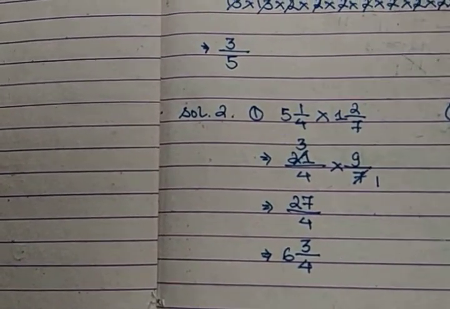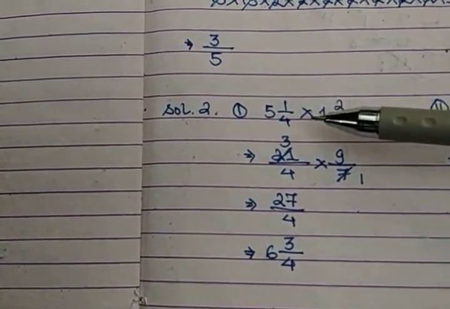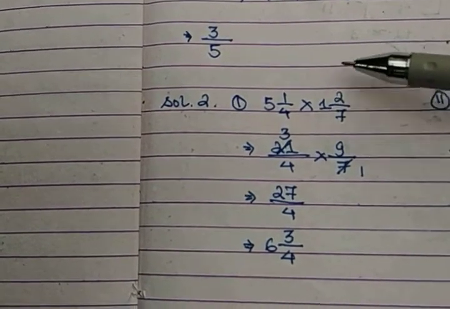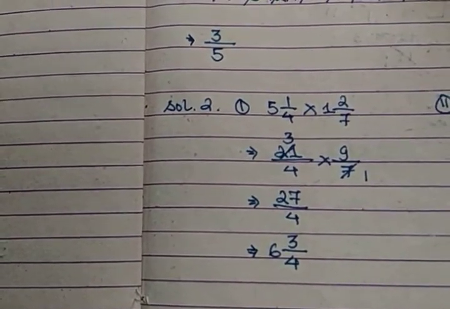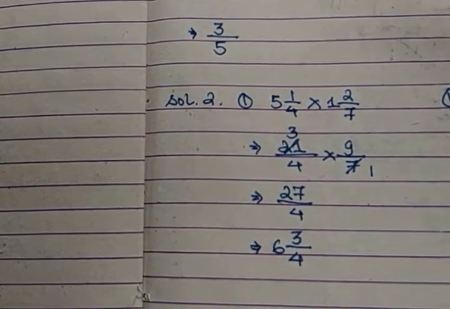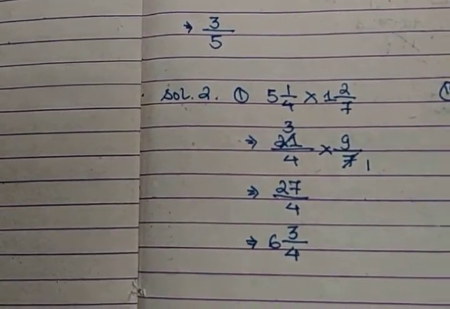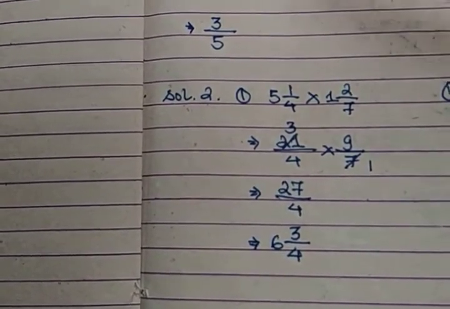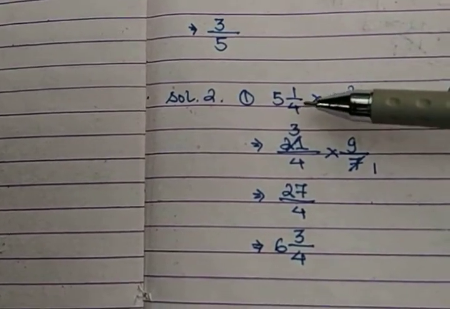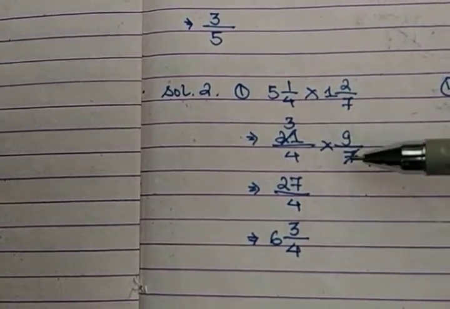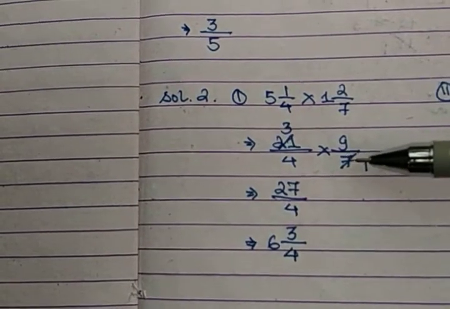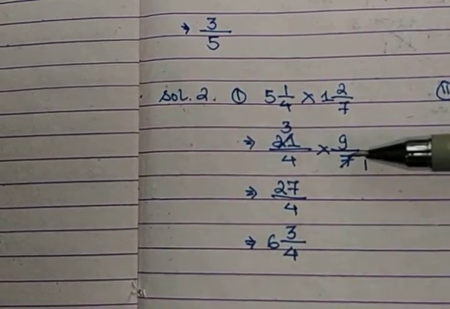So 2-1, it's in the mixed fractional form. Again, as I said, we cannot operate on mixed fractions. So first of all, mixed fractions have to be converted into improper fractions, isn't it? A mixed fraction is always converted to improper. So what I did in the first step was I converted mixed fractions to improper fractions, see, for both the fractions. And as I said, the numerator and denominator can be cancelled, isn't it?